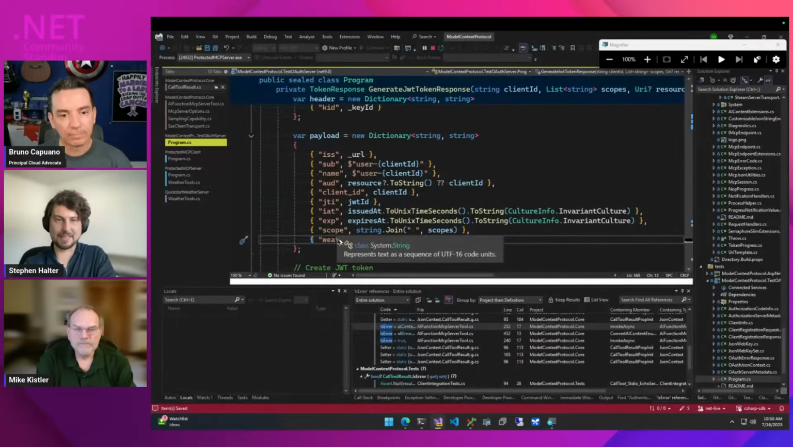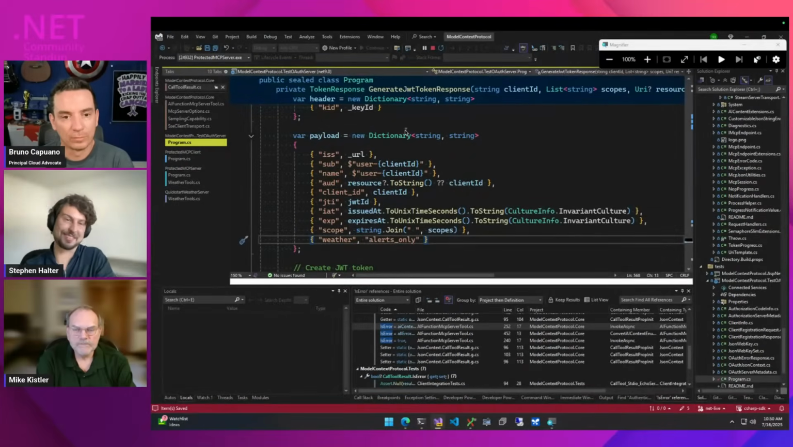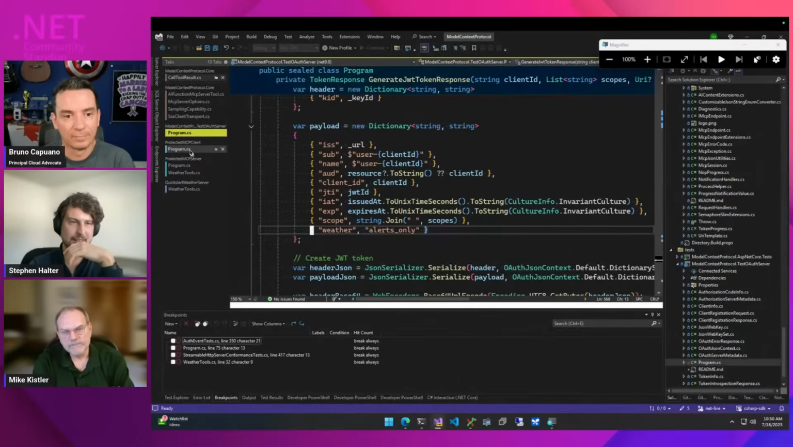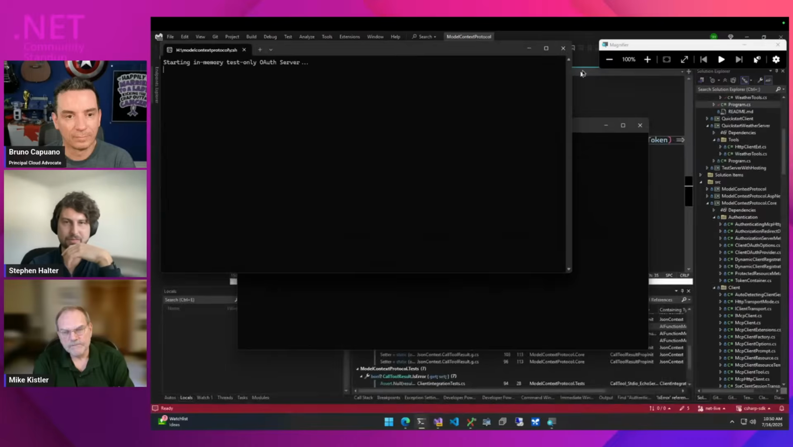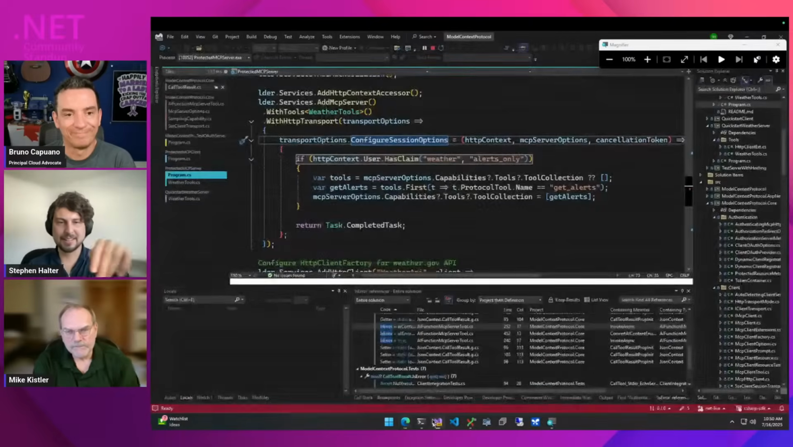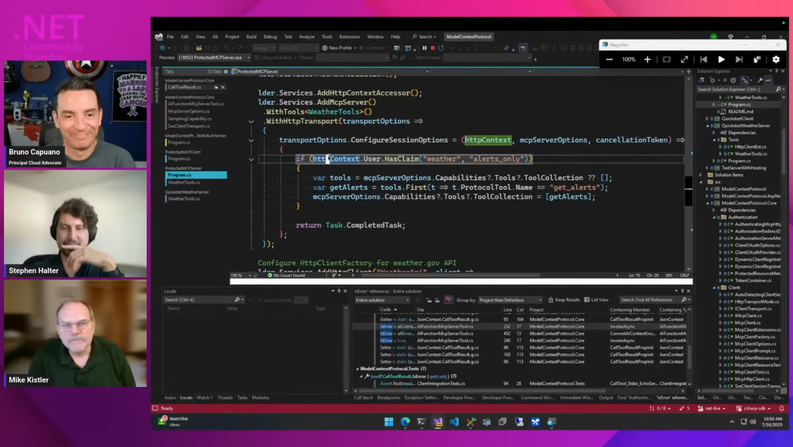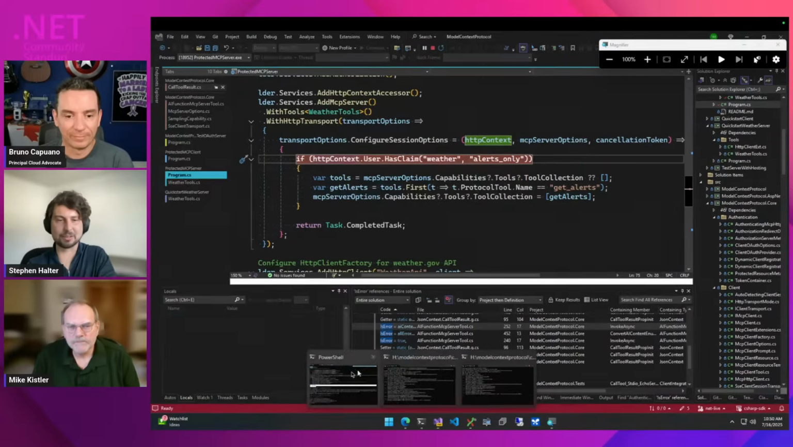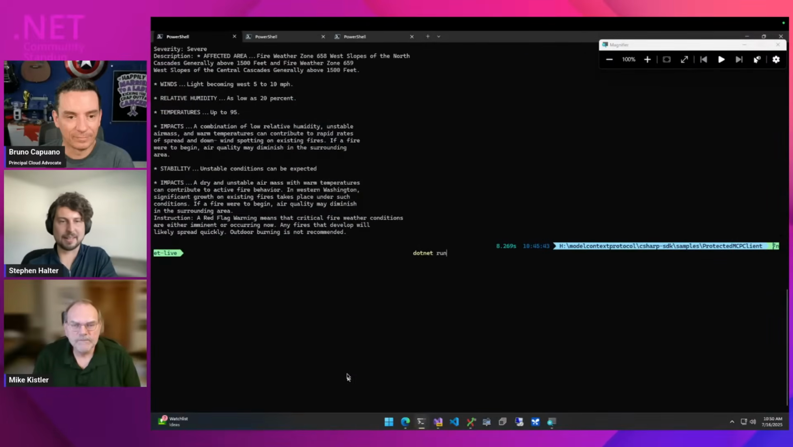But now if I update this OAuth test server, so when it generates my user, to give me an alerts only claim, and I restart it, this code that I had on the MCP server will, whoops, sorry about that. Inception. So this code will get run at the beginning of the session and then limit things to just that tool. So if we run the client again,